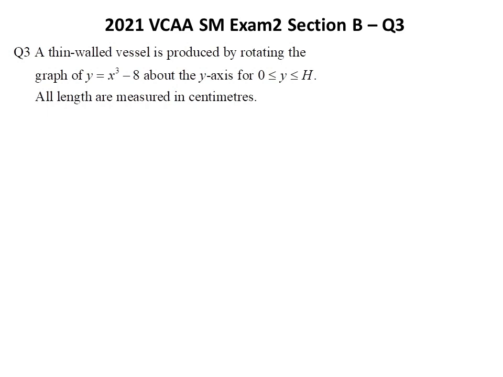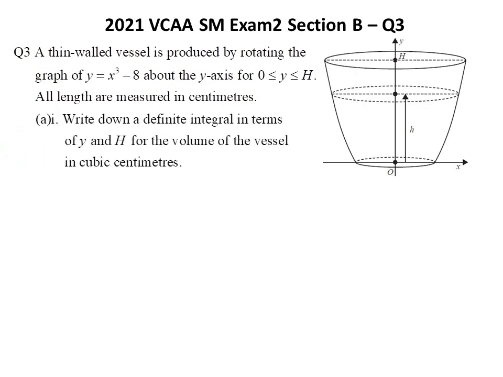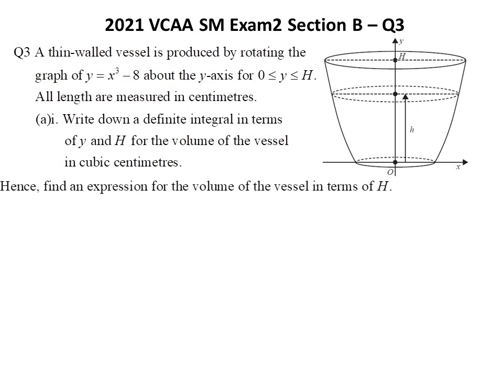by rotating the graph of y equals x cubed minus 8 about the y-axis, for y values in the closed interval from 0 to h, as shown in the diagram. There are 3 parts in question 3, and part A contains 2 sections. Section 1 is to write down a definite integral in terms of y and h for the volume of the vessel in cubic centimeters. Section 2 is to find an expression for the volume of the vessel in terms of